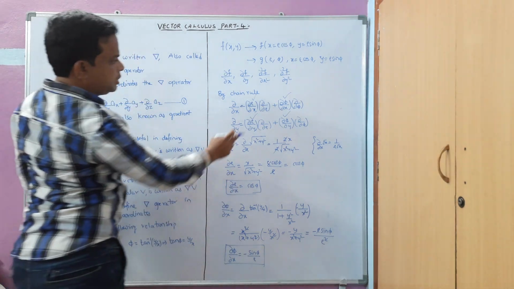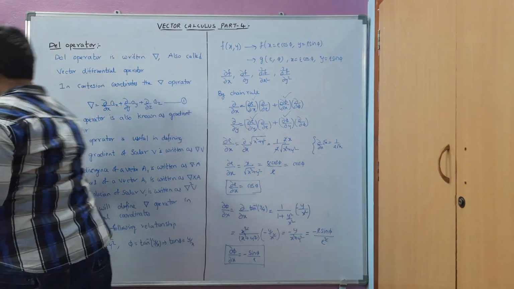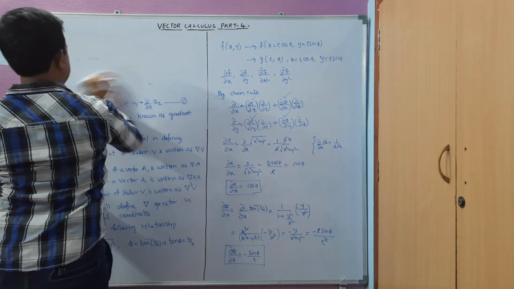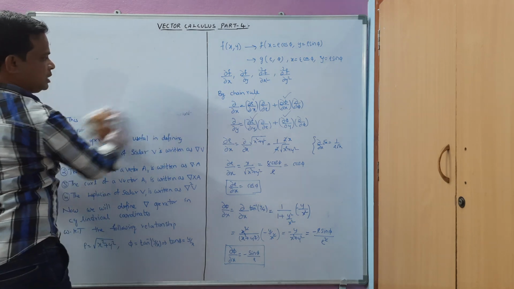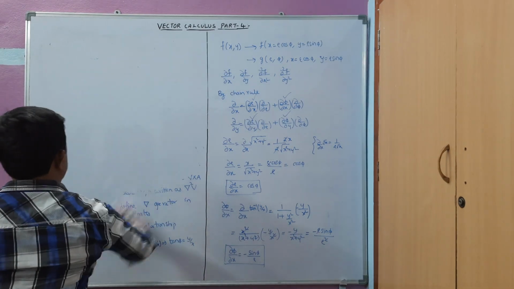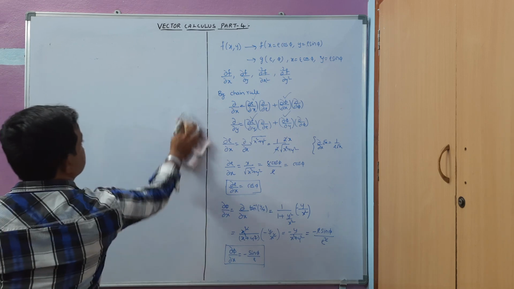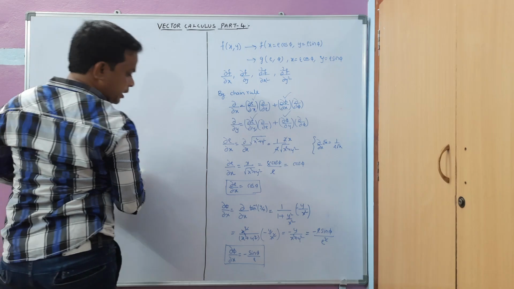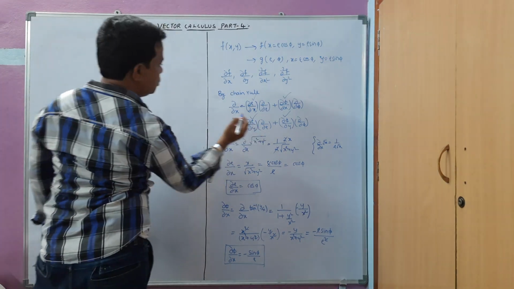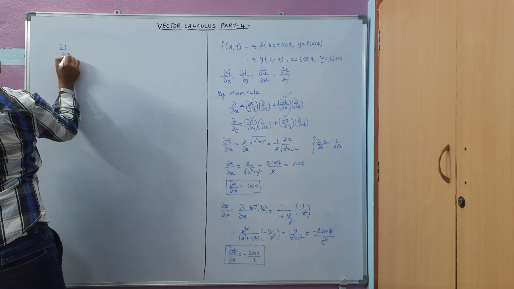Now I have to derive this one, dou rho by dou y. Okay, I will erase this one. So we have to remember this equation 1 and we have to substitute all those terms in this one. So let us do that one. That is, next I have to take this one, dou rho by dou y.